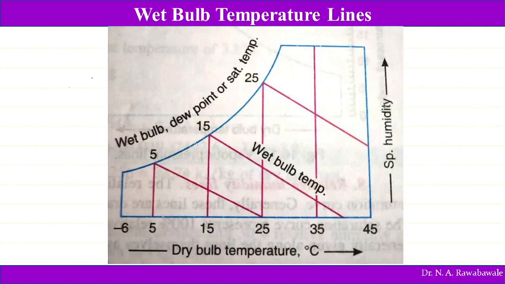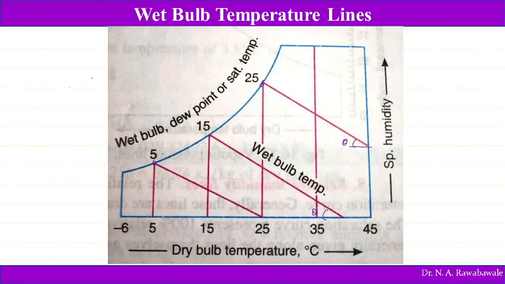And next one is the wet bulb temperature line. These wet bulb temperature lines are inclined lines, at an angle theta with the horizontal. These are again parallel lines to each other. When we represent these lines, they start at the point where the dry bulb temperature line meets the saturation curve. The dry bulb temperature of air and wet bulb temperature of air are going to be the same at the saturation curve. These lines are also not uniformly spaced.